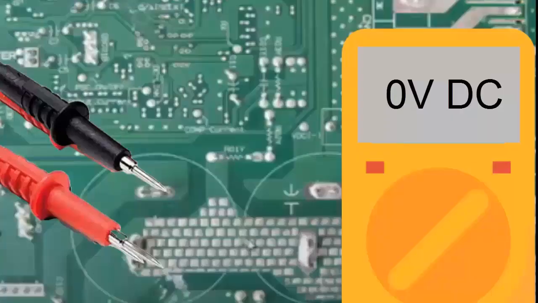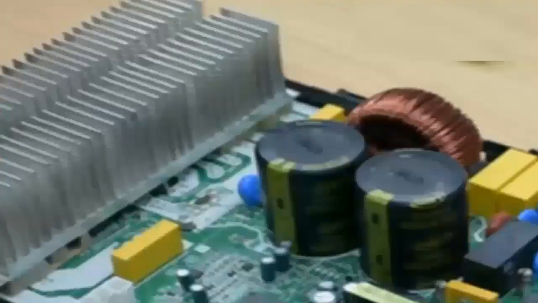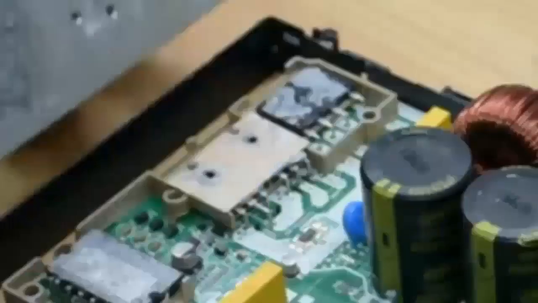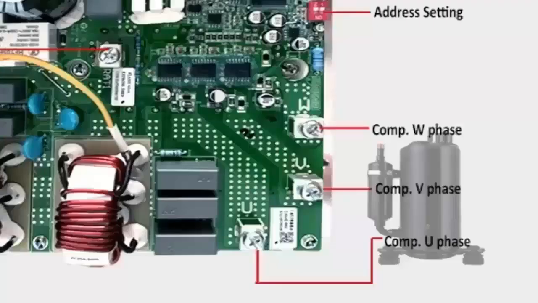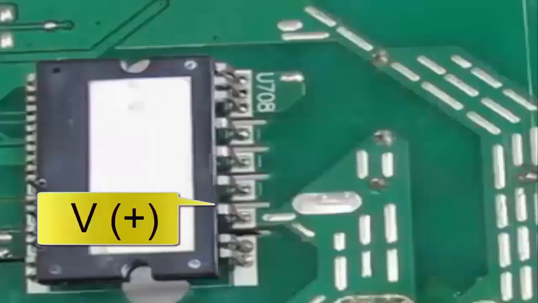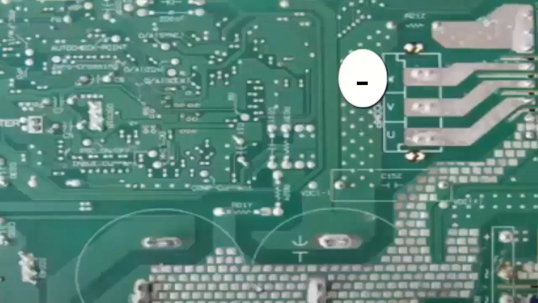The IPM module is usually covered by metal heat sinks. Its output pins are connected via 3 separate traces and a plug to the compressor's 3 pins. Locate the positive trace that links the high-voltage capacitors to the IPM. This trace is typically thick and soldered directly from the positive capacitor terminal to the IPM. Likewise, identify the negative trace connecting the capacitor's negative terminal to the IPM. Follow the traces from the compressor plug back to the IPM module to identify the 3 output terminals, U, V,